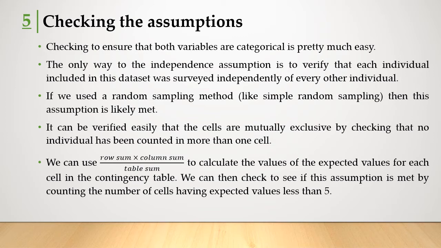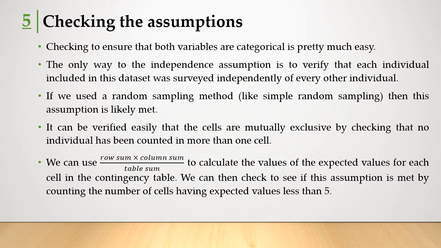Okay, so checking to ensure that both variables are categorical is pretty much easy. You can tell once they are grouped, you know, they are in categories. Once you have, let's say, Ghana, Nigeria becoming column names, then that is categorical. Once you have, let's say, primary school, JSS, it becomes categorical. So you can simply see from the divisions that these are grouped in this manner and it should be